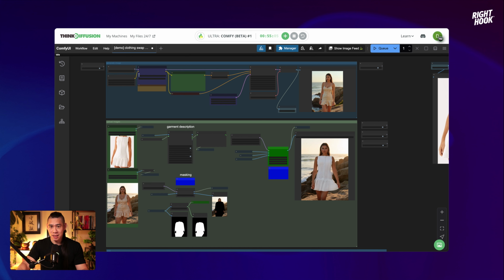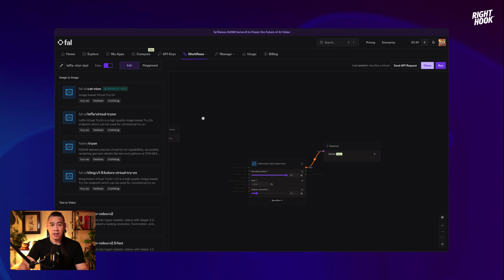Now, that being said, let's show you some platforms where you can use closed source options to generate this, especially if you want to do a lot of it, for your own brand or your agency, whatever else it might be, or even for yourself. So as you can see in here, CatVTON in fal.ai, you can see that it's research only. There are a handful of other ones in here where it is available for commercial use. So just make sure that you are very aware of that,